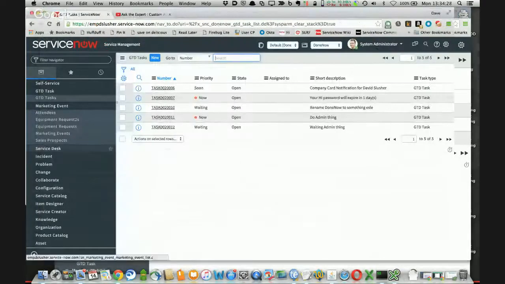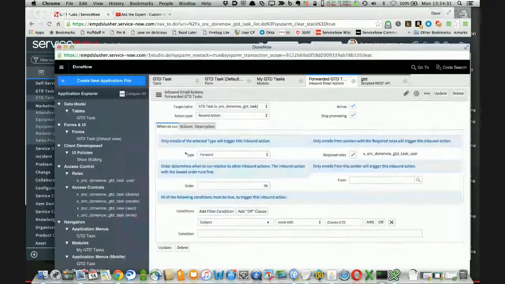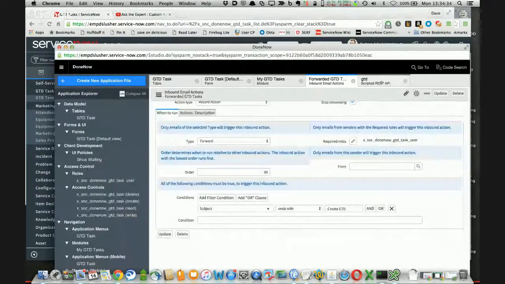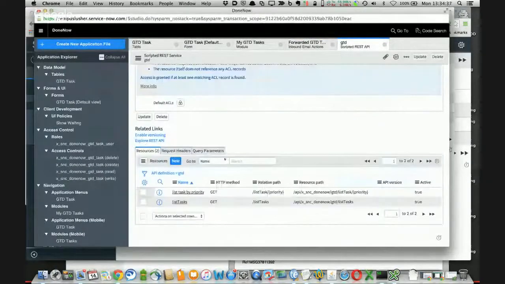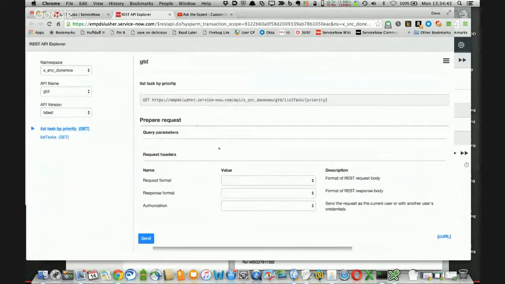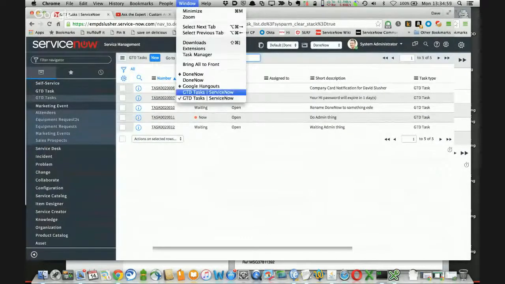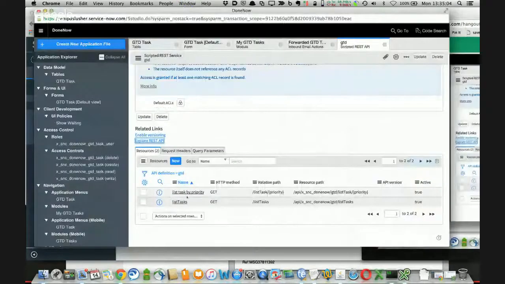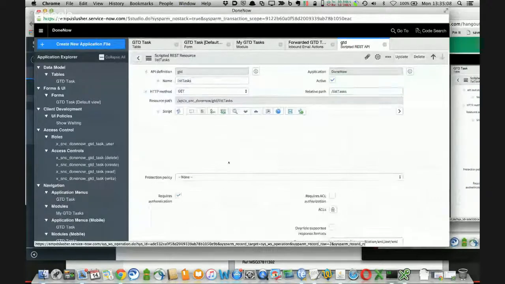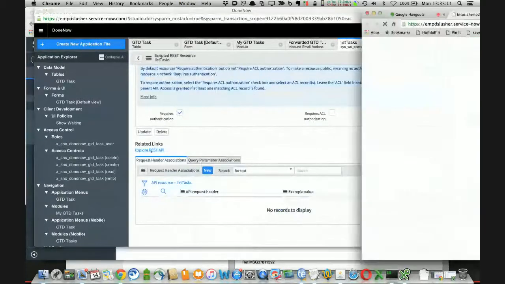Now I'm going to come over here and explore in my REST API. So I want to look at some of these records. Here we are in the, it's actually not, let me do, I don't want to do it that way. Let's go to, yep, wrong thing. Let's go to here. I want to do list tasks. If I hit explore REST API,